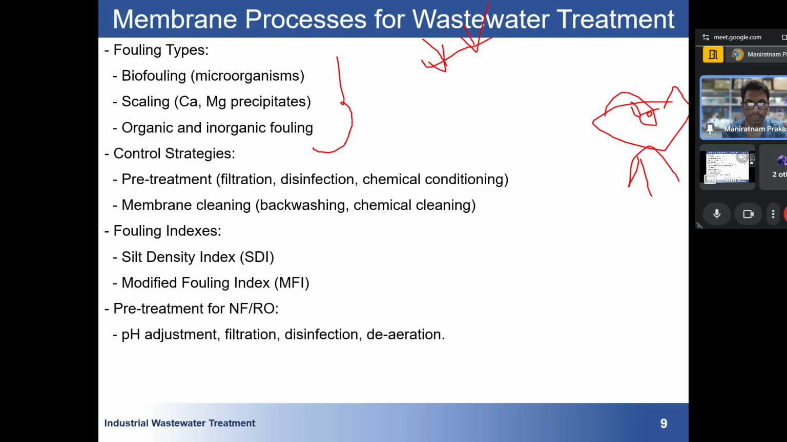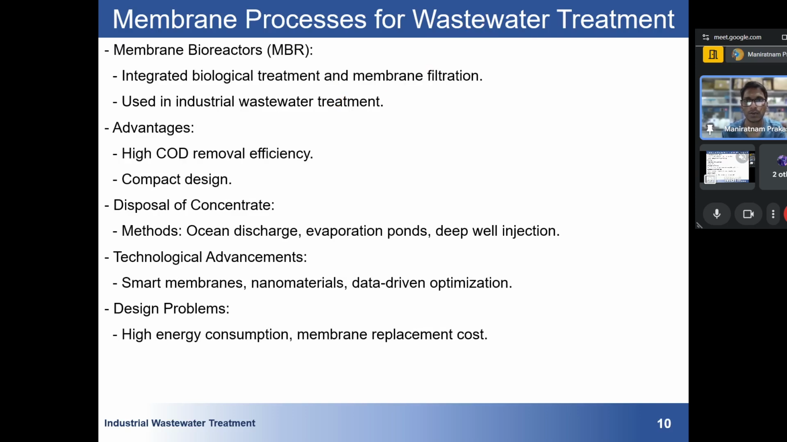There is something called the silt density index. We will be seeing this, the modified fouling index. Pre-treatment for NF: pH adjustment should be there, filtration should be there, disinfection should be there, deaeration should be there. So these are some of the common ones. Okay, now